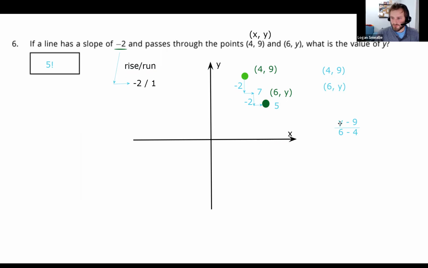Here we have our first y being subtracted from our second y. And then we have our first x being subtracted from our second x. This is the mathematical way to think about rise over run. Change in y, change in x is sometimes how you'll see this phrased. And another way you'll sometimes see it, and these are all just different ways of explaining the same concept, is y2 minus y1 over x2 minus x1.